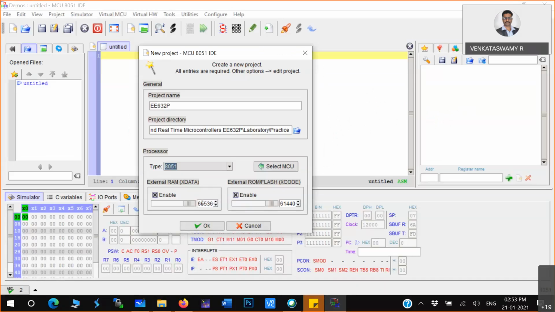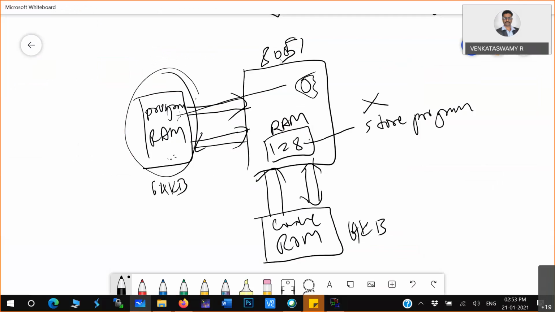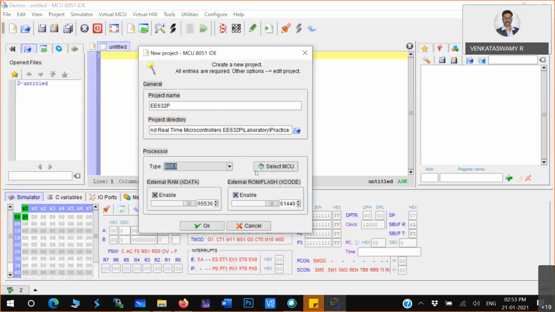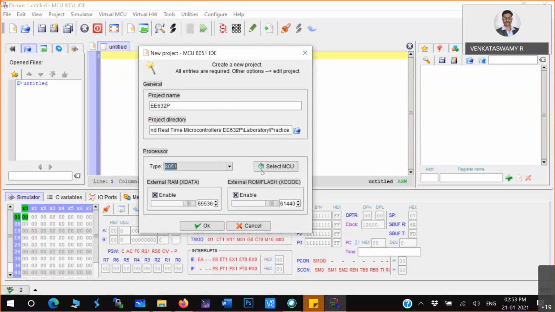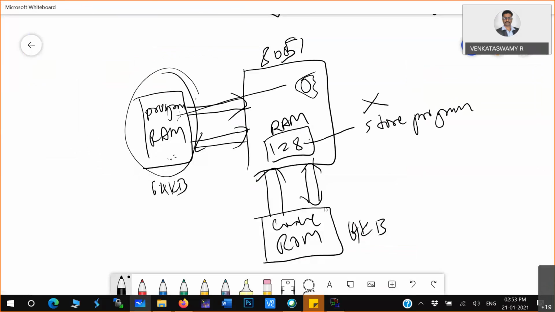I am just selecting the maximum memory location. This is the architecture I am preparing for my program execution, the 8051. I am taking ROM and RAM and interfacing them. If I don't select this, external code memory and external data memory are not available for you.